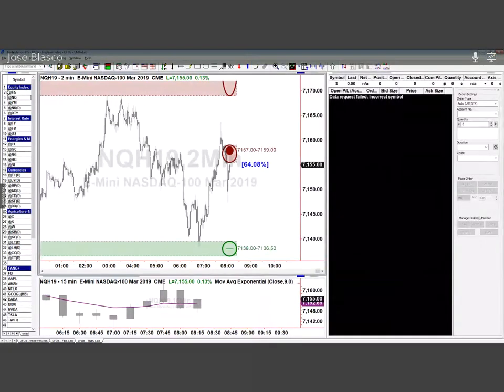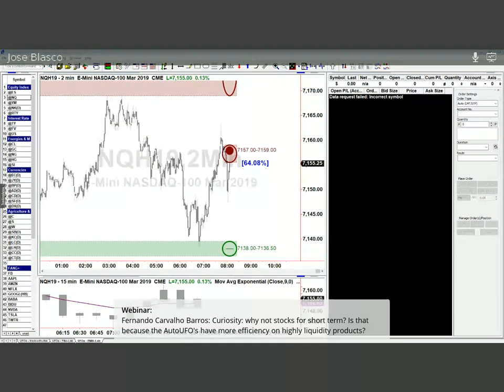So we start the day looking at equity index markets, okay? Equity index markets, we're going to start with the Nasdaq. And therefore we're going to be planning a trade on the Nasdaq, the S&P. We'll start with those, okay, and then we'll move into spot Forex as well, looking for opportunities in a collection of different time frames. I have a question here from Fernando, so let me show it on the stream.